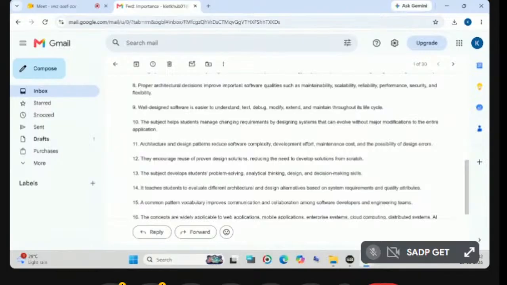then you will be able to easily give your solutions to those questions which are being raised by the other parties, that is the persons who are giving us the projects, or the persons who are giving us the problems. That is also one of the beauties of this particular subject. So architectures and design patterns reduce software complexity, right? So architectures and design patterns, that is structure and your pattern